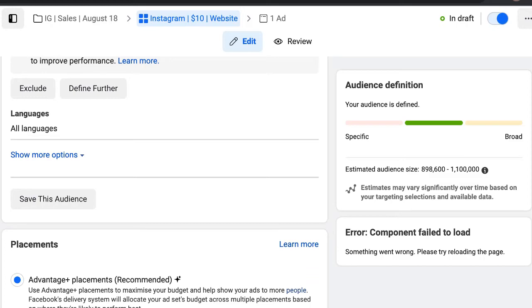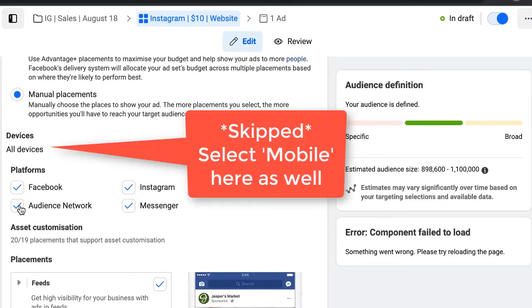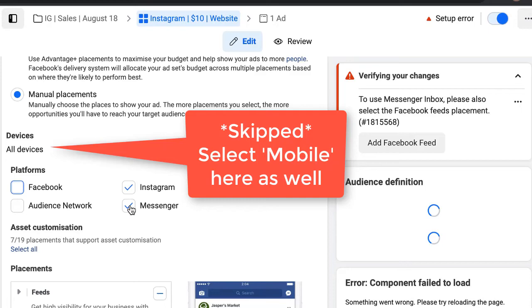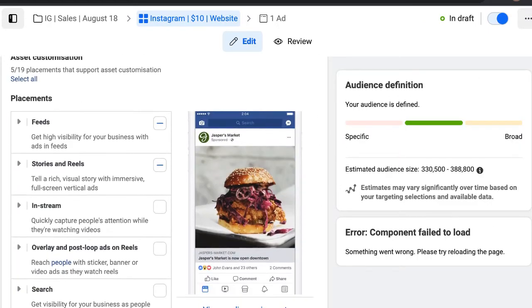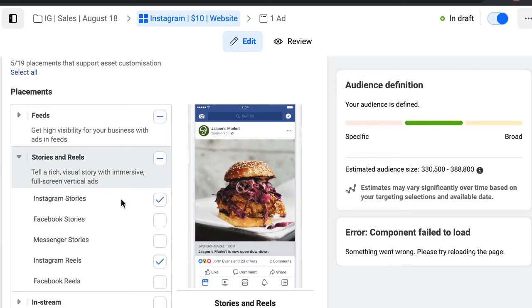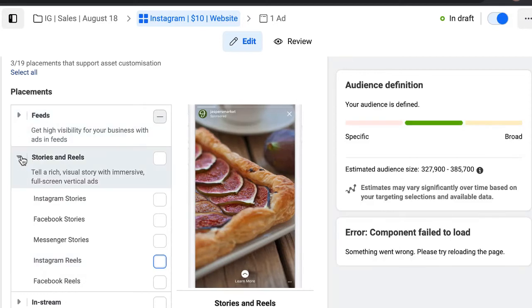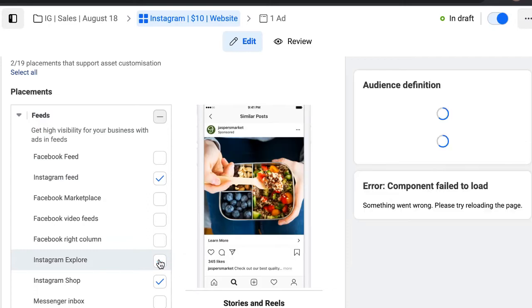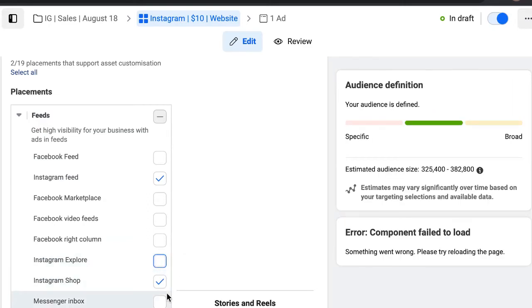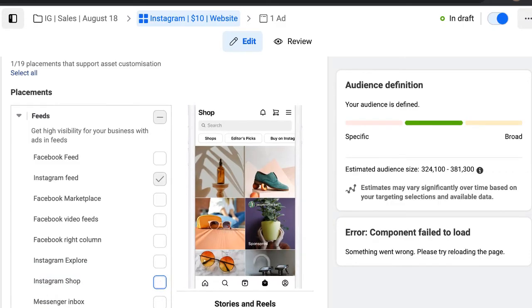Then placement, come to placement, select manual placement, and then make sure you uncheck this as well, and leave Instagram only. So you can decide to uncheck all of this as well, Instagram Stories and Reels. So you just want Instagram feeds. But of course you can use some other placements on Instagram, I mean the Reels and Stories, if you are using the right kind of creative. Okay, now